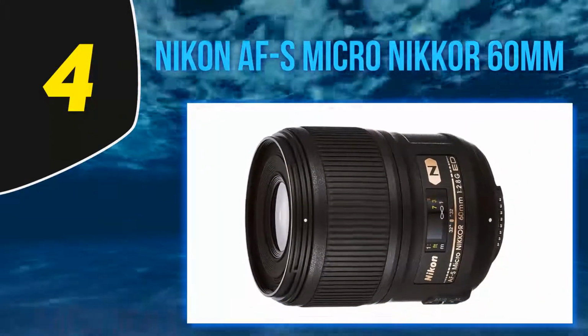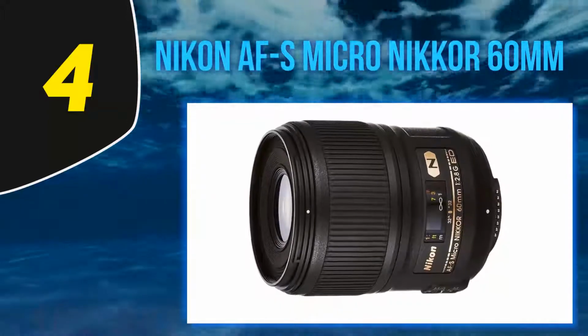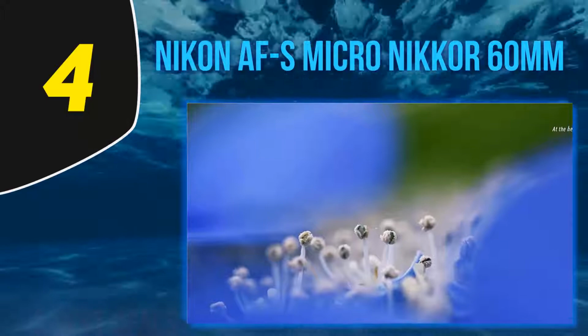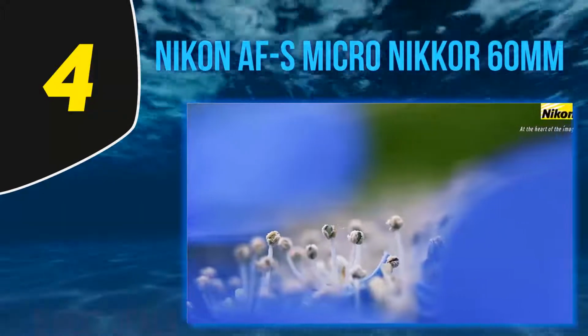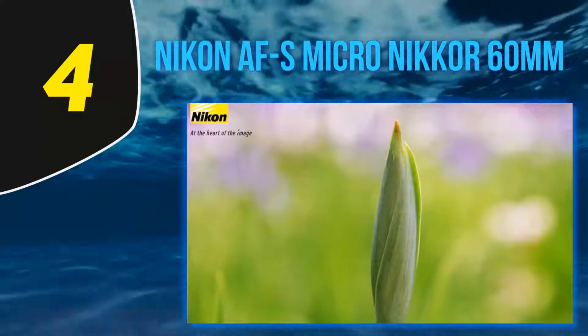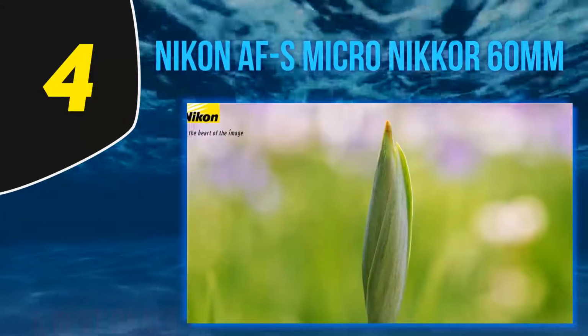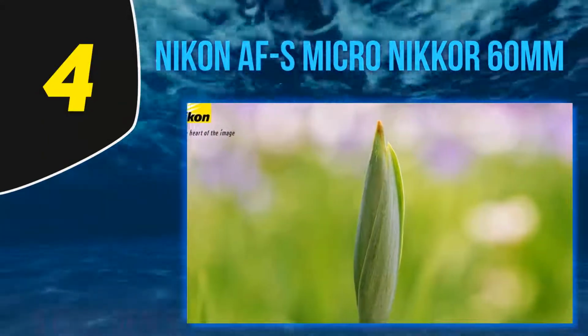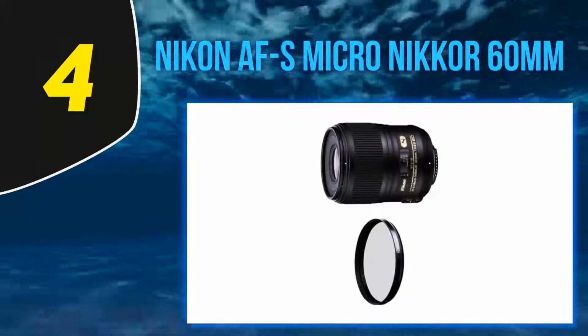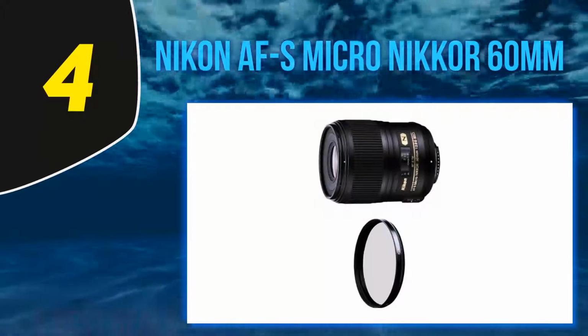It's a testament to the FX Micro-NIKKOR 60mm f2.8G ED's quality that you can snap architectural photos at f2.8 without worrying about soft corners. Sharpness keeps improving across the frame as you approach f8, and the lens is still exceptional at f11. You can narrow the aperture to f16 if you want appealing sun stars in your images, but stepping down further